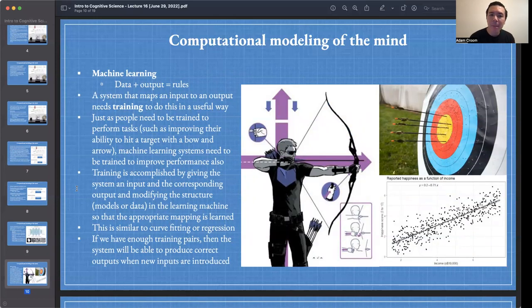So a system that maps an input to an output needs training to do this in a useful way. Just as people need to be trained to perform tasks, such as improving their ability to hit a target with a bow and arrow, machine learning systems need to be trained to improve their performance also. So you can think about Hawkeye here. On that first shot, imagine Hawkeye's learning, right? Of course, he's excellent right now, but imagine in the very beginning days, the very first time Hawkeye shot, it probably didn't land straight in the middle, right? There's going to be an initial shot,